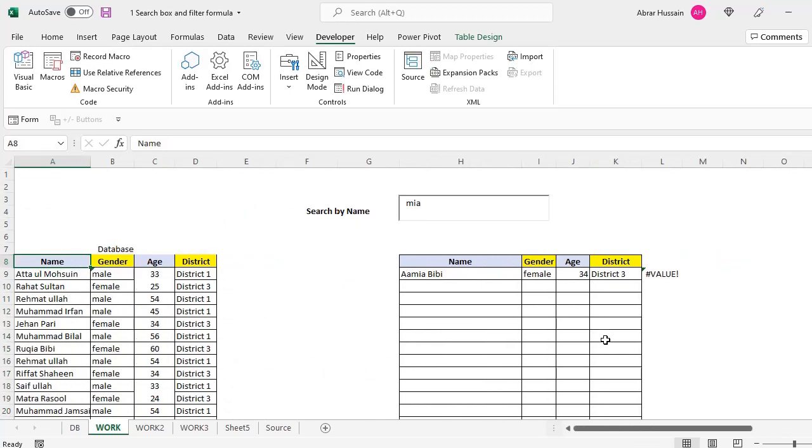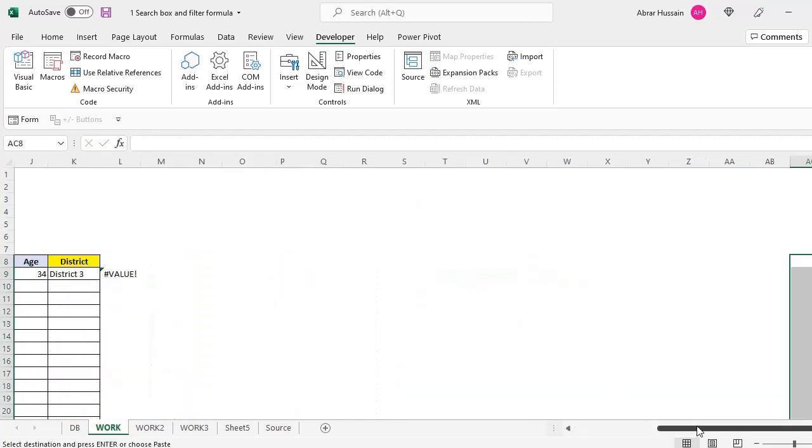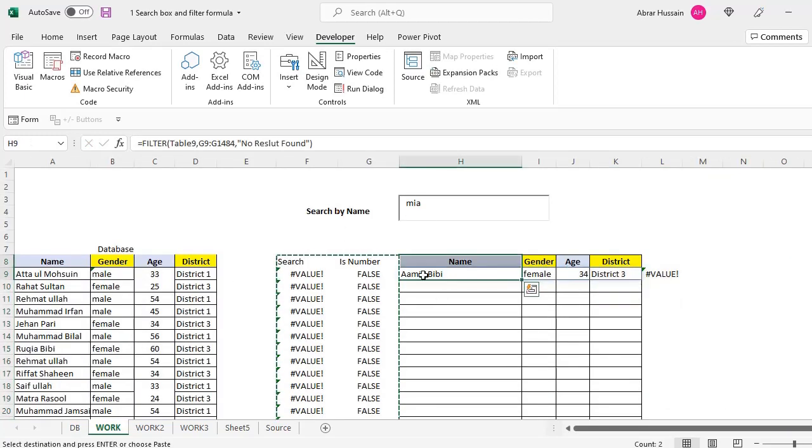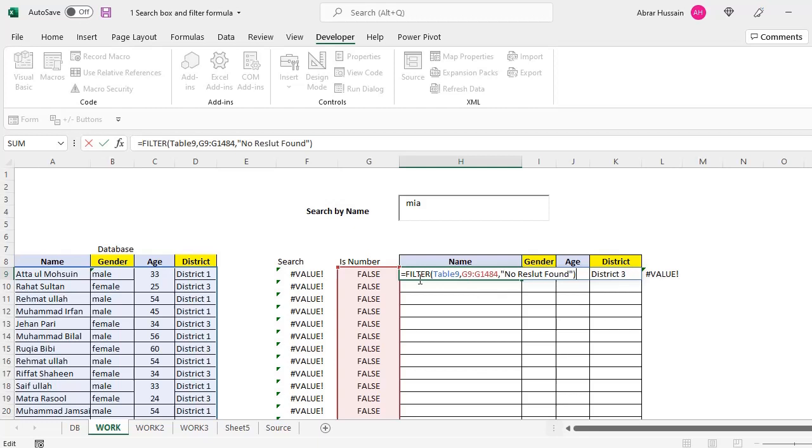And you can do one more thing, that is called combining different formulas into one. It's a little bit advanced level. For example, here we have used the filter formula. Okay, let me bring those two columns again here. For this, we have used the filter formula, search formula and as number formula. You can club all these three formulas in this one cell also, but I will explain this in the next session because it needs a little bit of preparation and some work so that you may understand it easily.